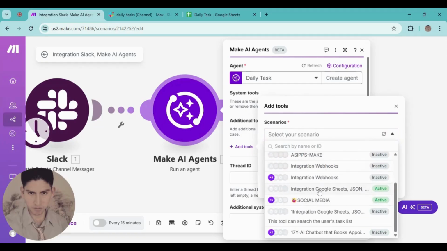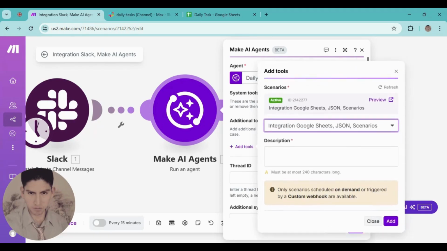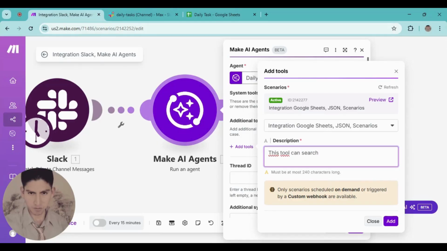The name is this integration Google Sheet JSON. I'm gonna type a description here. This tool can search the user's task list. Okay, click add,